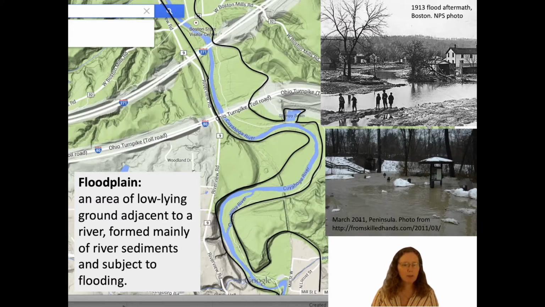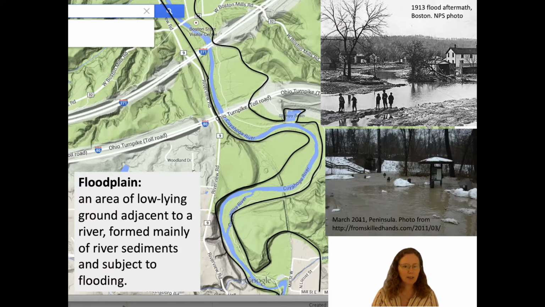For proof that the Cuyahoga River floodplain is subject to flooding, we can look at the photo at the top above me. It's the aftermath of the 1913 flood in Boston. The 1913 flood was the largest recorded flood on the Cuyahoga River and in much of Ohio. The Cuyahoga floodplain still gets flooded, as shown in the picture directly above me of the trailhead parking area near